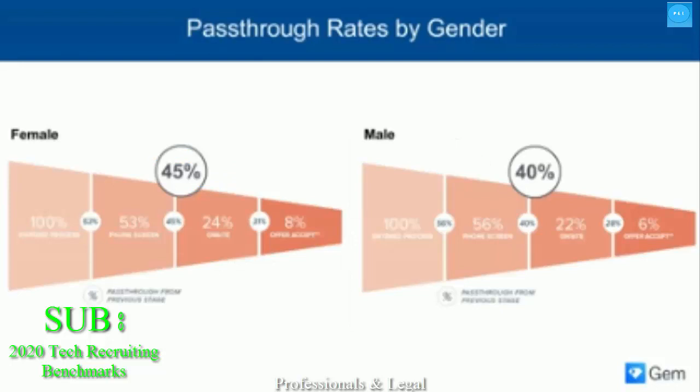What's interesting, though, and in fact really heartening, is that female candidates pass through subsequent stages at better rates. In other words, while fewer women are entering into the process, the ones that do enter seem to outperform their male counterparts. The story this tells is that unconscious bias has the strongest impact on the gender gap in the stages before recruiters actually speak with candidates: sourcing and application review.